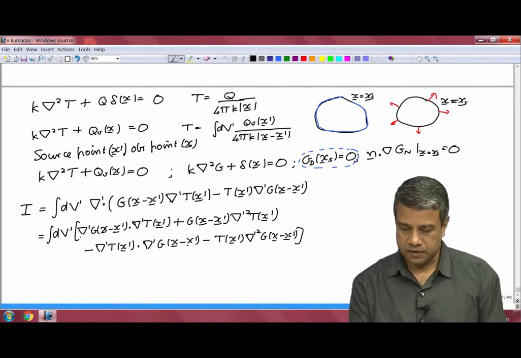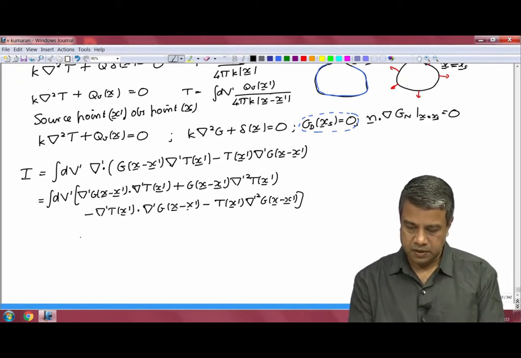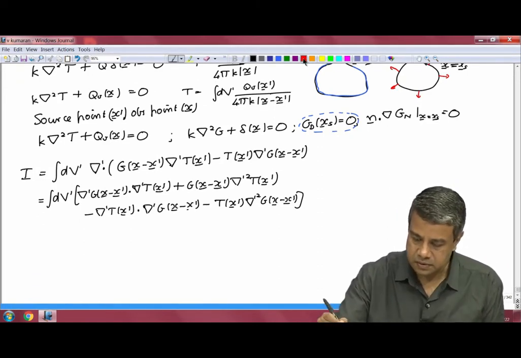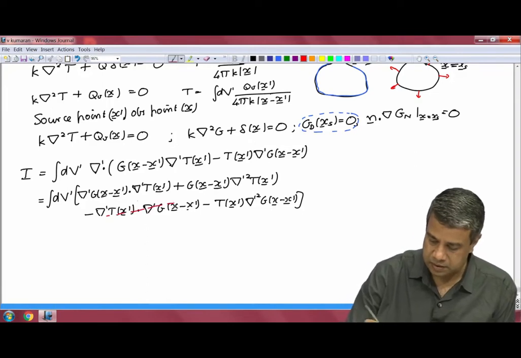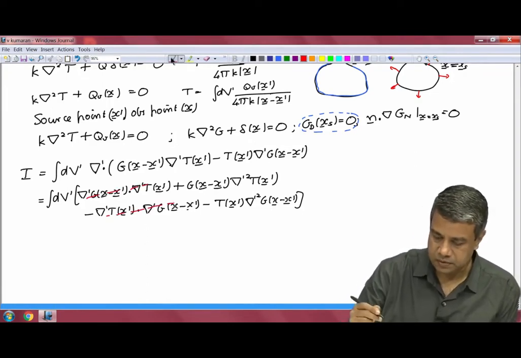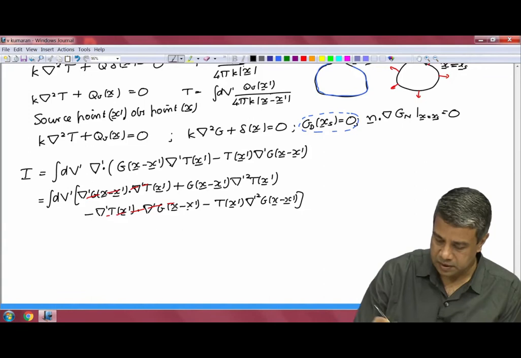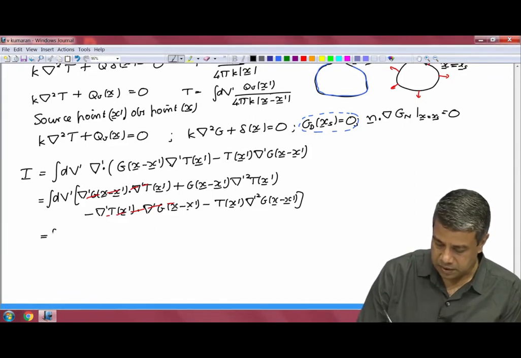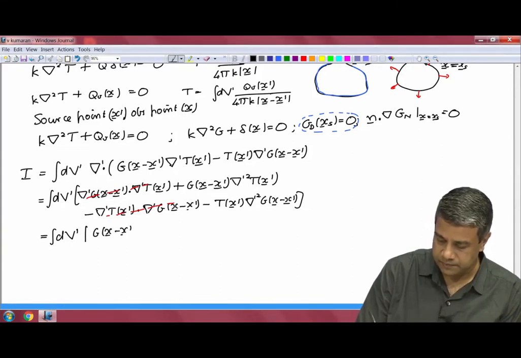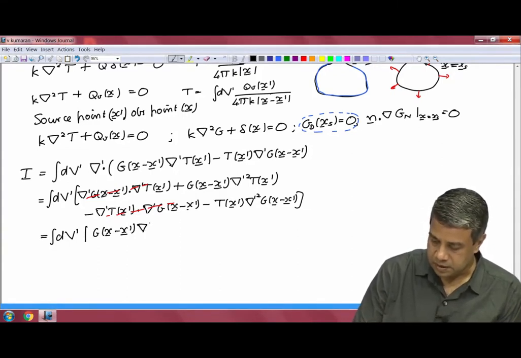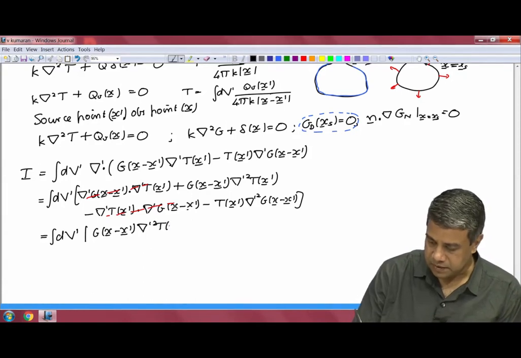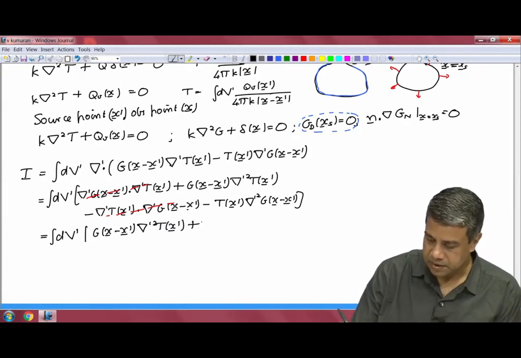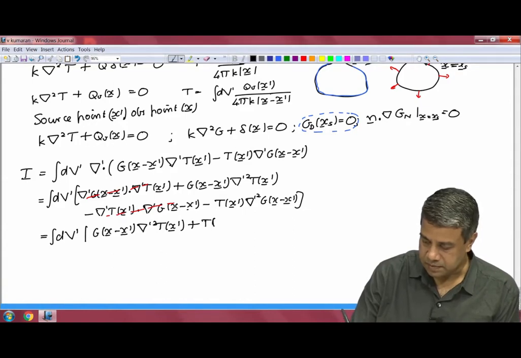You can see that these two terms are both identical, and this will be equal to the integral dv prime into g of x minus x prime, del prime square t of x prime plus t of x prime